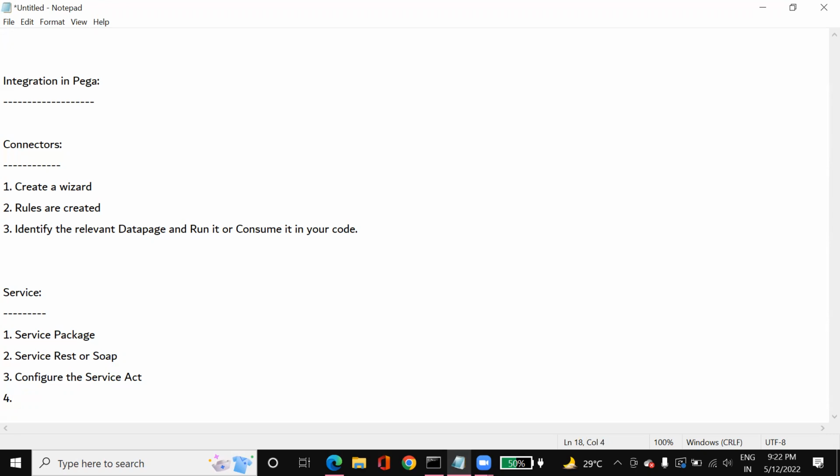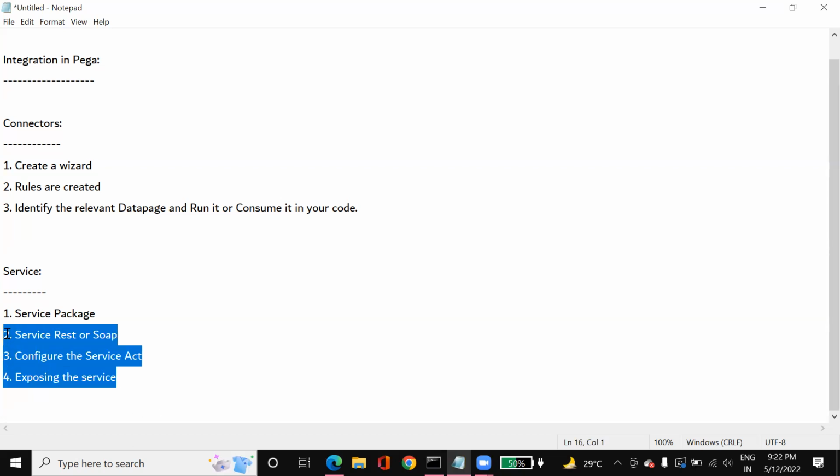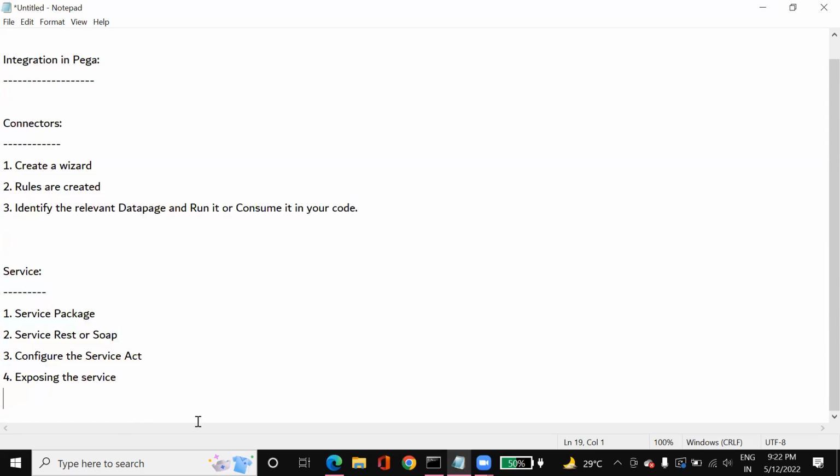And the final thing is exposing the service. That's it. So these are the steps that you need to follow for creating this service. These are the steps that we normally use for creating the service and connector. So exposing services is about sharing your endpoint URL,